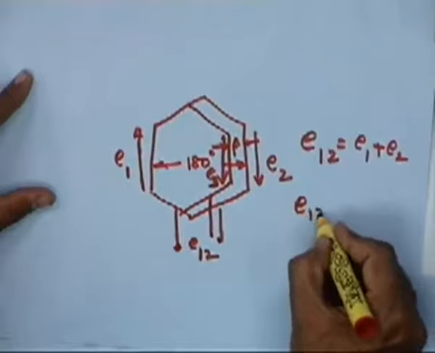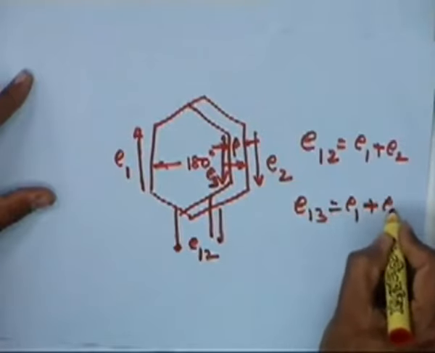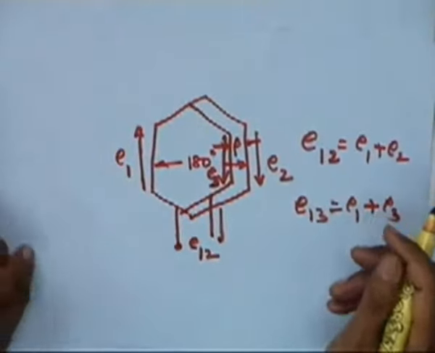Now, E13 will be E1 plus E3. So, if you try to understand like this,